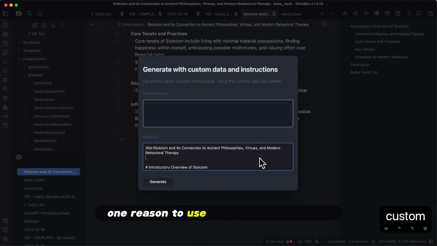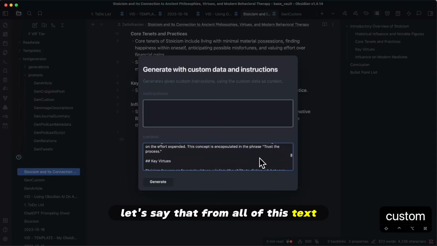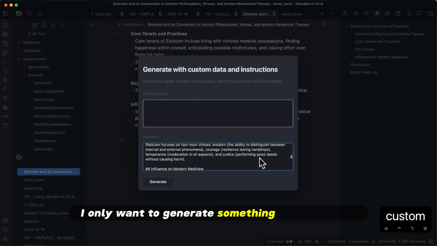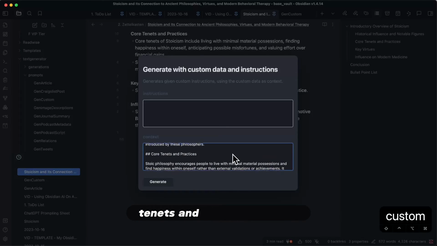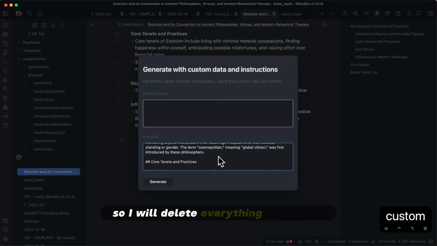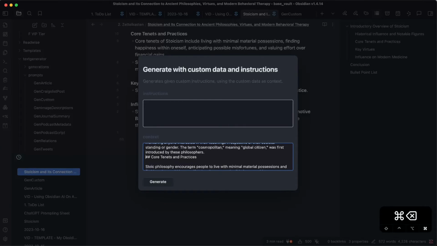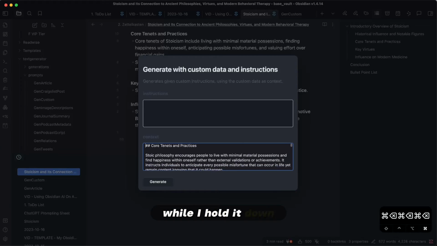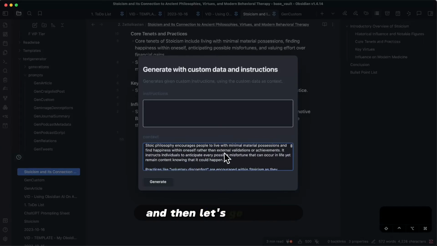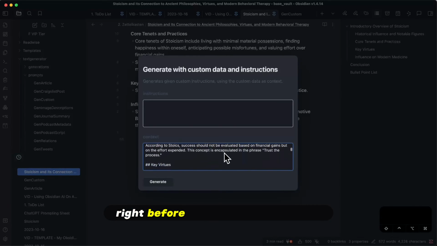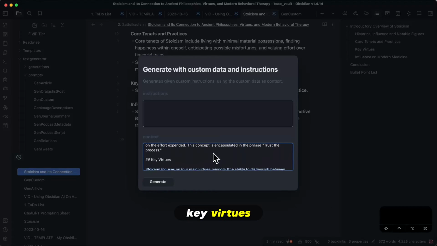One reason to use this custom template over regular generation, as we just did, is if you want to generate text for a specific portion of your document. Let's say that from all of this text, I only want to generate something from the core tenets and practices portion. So I will delete everything above this by command delete, and it will delete, while I hold it down, everything above it. And then let's go down to right before the next section begins, key virtues,